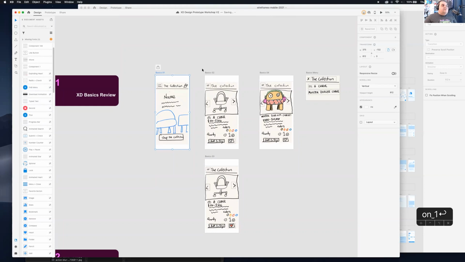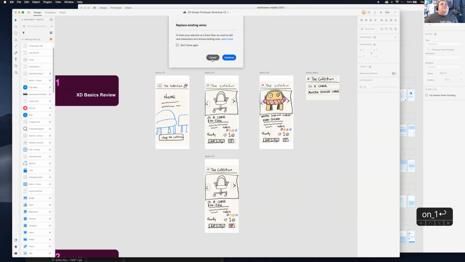Okay. Well, last but not least, we're going to talk about sharing your project out. So to share your project out, you'll select the workflow that you want to share out. I'm going to go ahead and do this first one. When you click on an artboard, a little share icon will show up at the top here. It's a really easy way to do it. So if I hit share here,